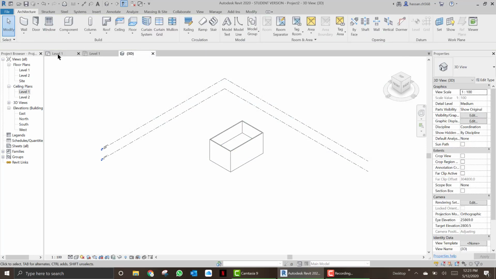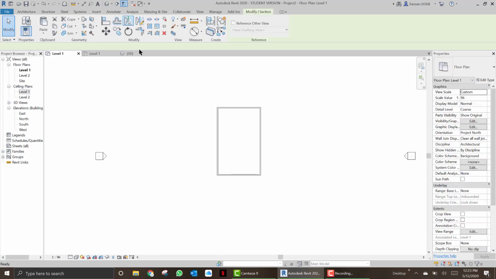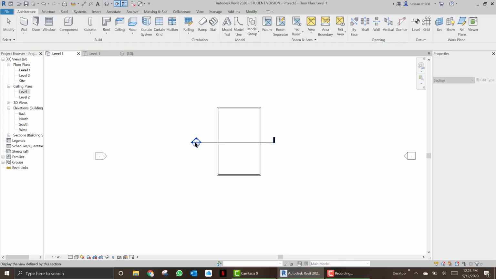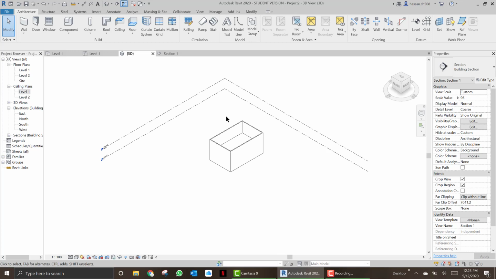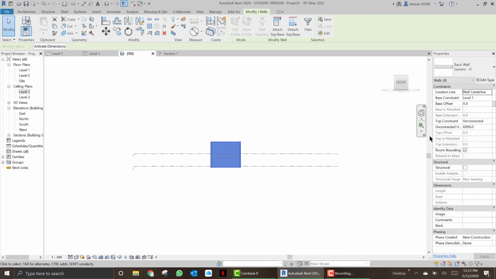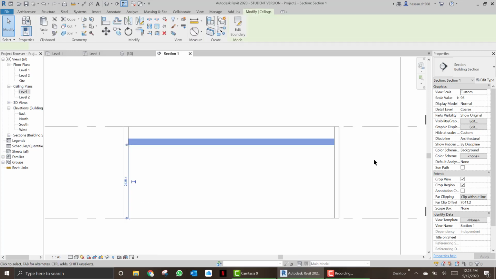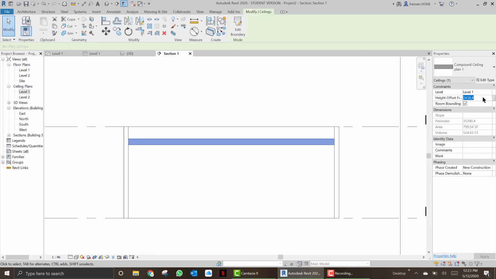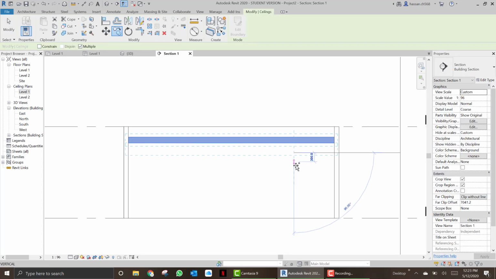Go to Level 1 floor plan and mark a section here. Go to the 3D view, select all the walls and connect them to Level 2. Go to the section and make it 2.5 meters, and copy one more ceiling